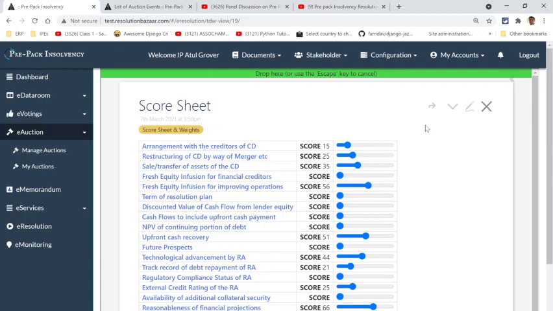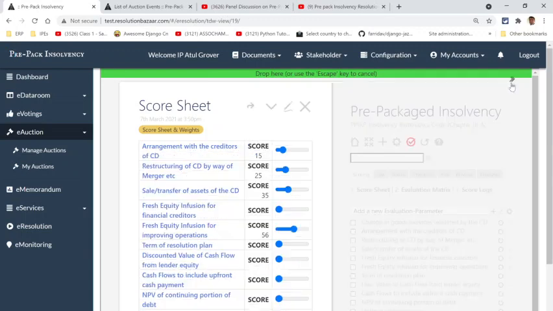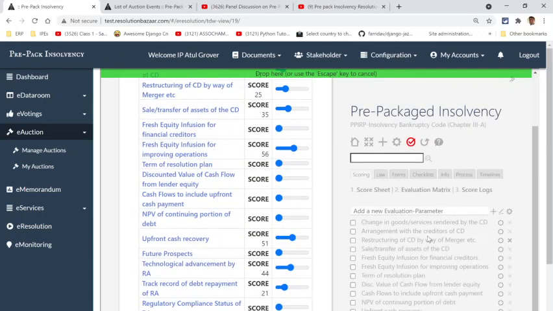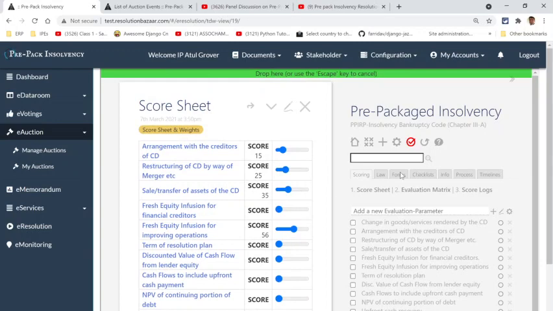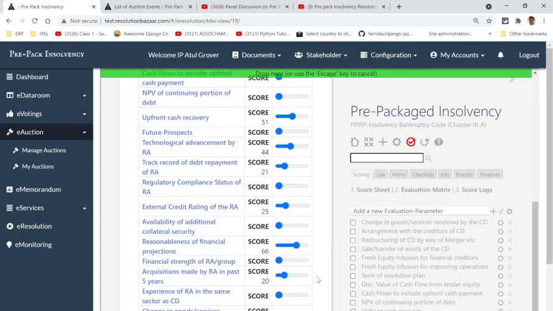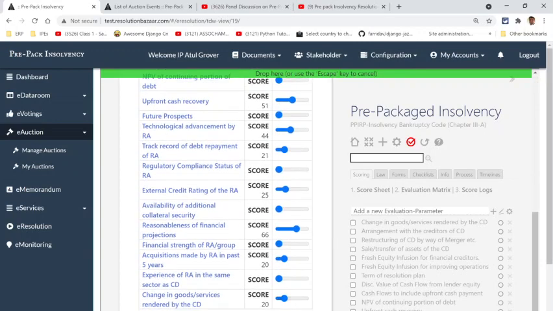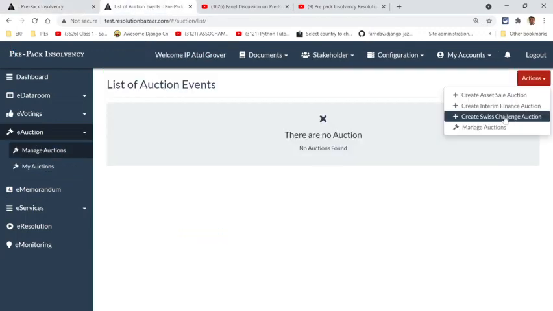Now this scoring can be manual, can be automated, and if everybody fills in the sheet in a similar manner, then the system will score them and present you a matrix. And from there on you could go in for auction, as I showed you earlier, that you could then put in through a Swiss challenge process. And I will show you what all these three things are in the next video.